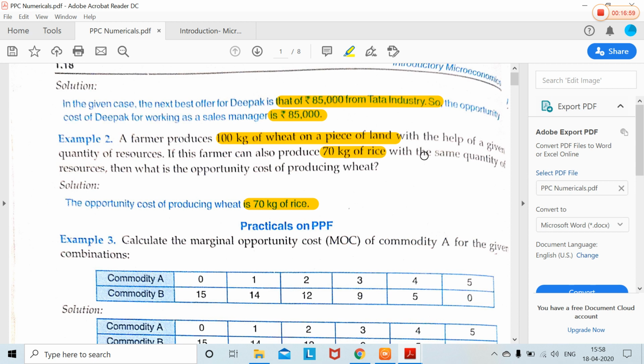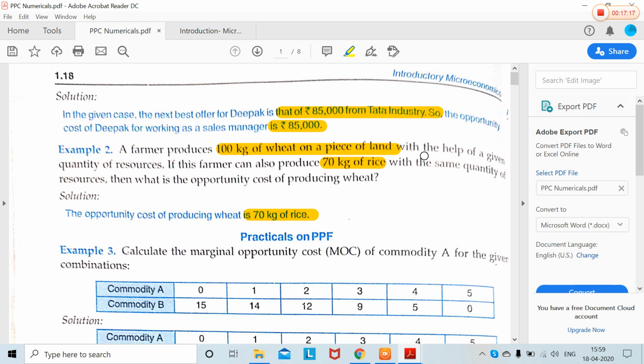So this is also an important question. Sometimes it is asked in exam. What is the opportunity cost of using a resource which has got no alternative use? If it has got no alternative use, then you cannot use it anywhere else. So there is no opportunity cost. Opportunity cost will be zero. That's how you can write the answer.